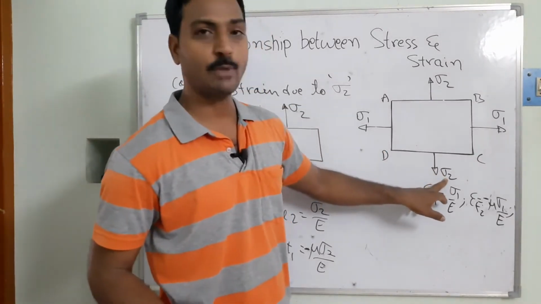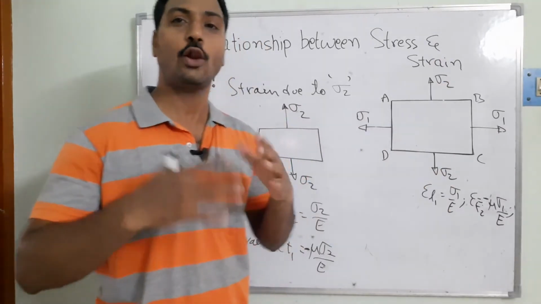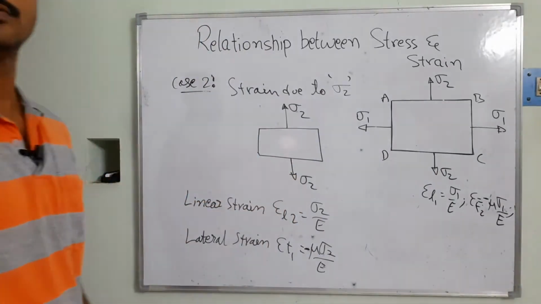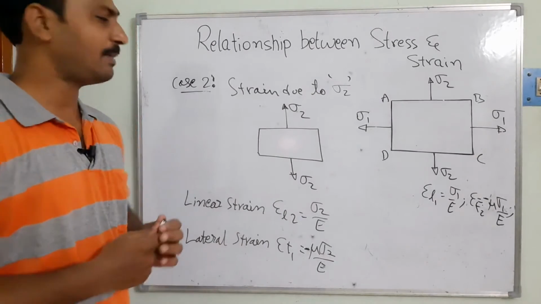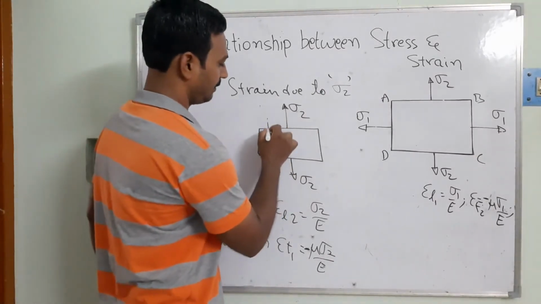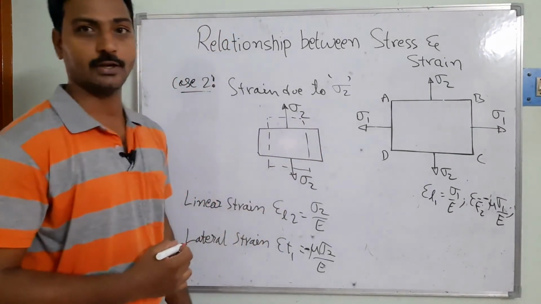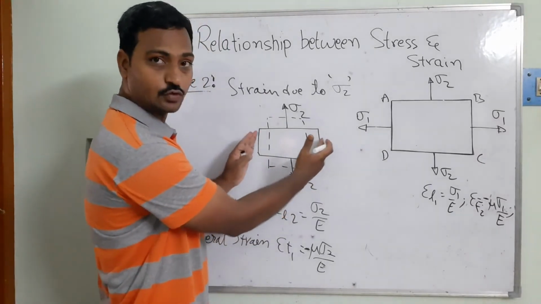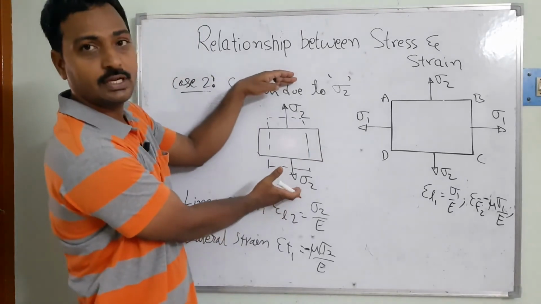that stress sigma 2 is going to be acting in the y direction. Now I have taken alone of that one. Case 2 is going to be only the member subjected to sigma 2 only. It means that the member is going to be trying to elongate in the direction of the stresses. So I am expecting the elongation in this direction. It means the area is going to be shrinking. This material is going to be distributing in the direction of your stresses.